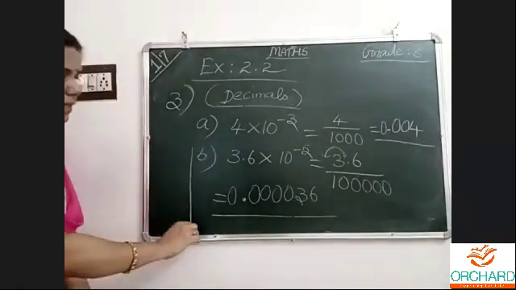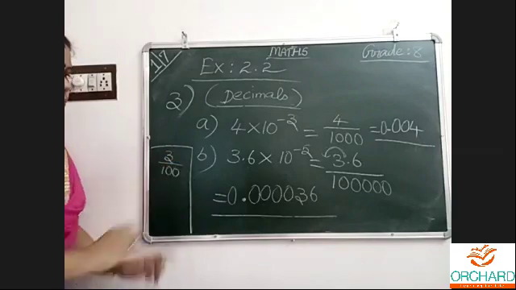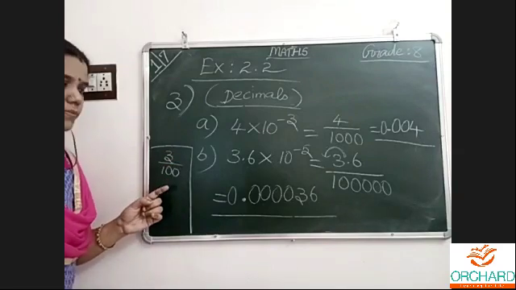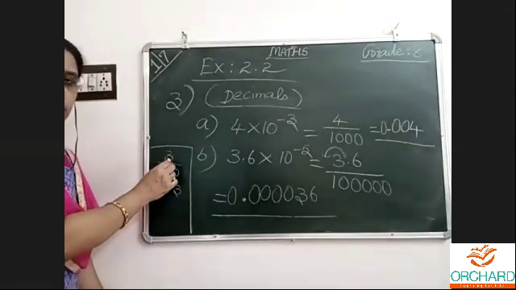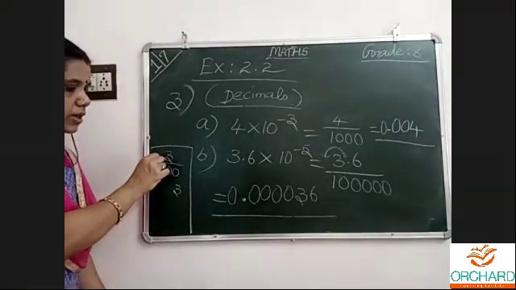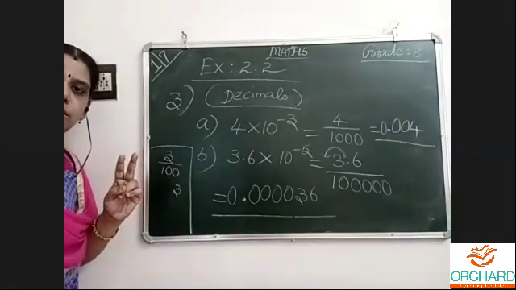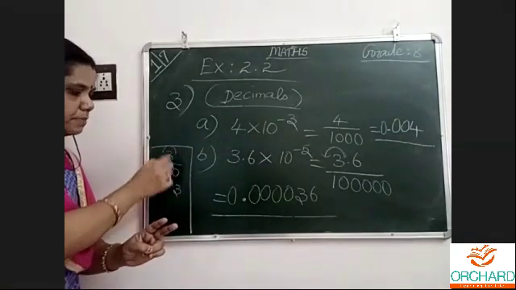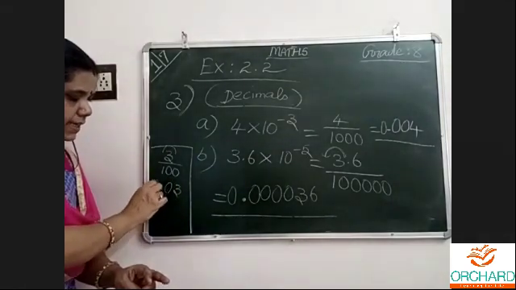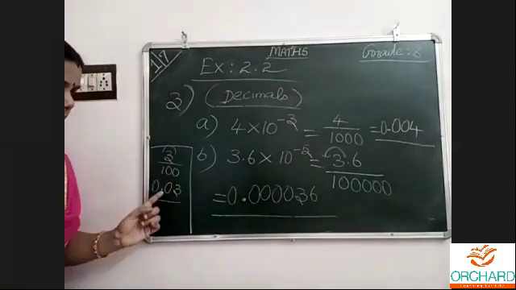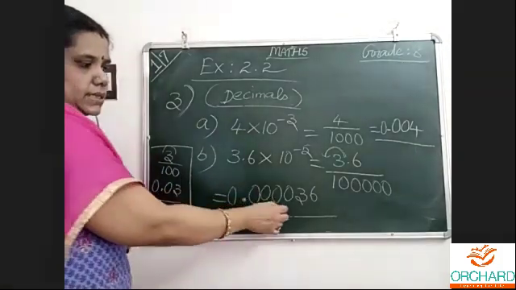Understood? See here, simple thing. For example, 3 by 100. What do we do here? 3 we will copy. One number is here. Which numbers are not there? Another one we want. 2 zeros means 2 places to the left, 1 jump, and another one more. 2 numbers. Then the point we will keep. So 3 by 100 is point, not 3. Like that only.